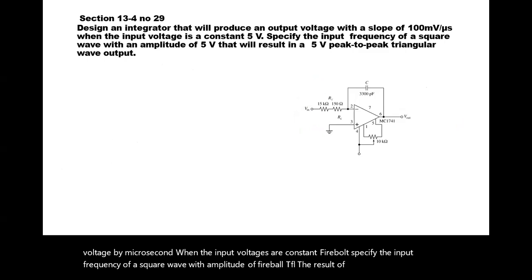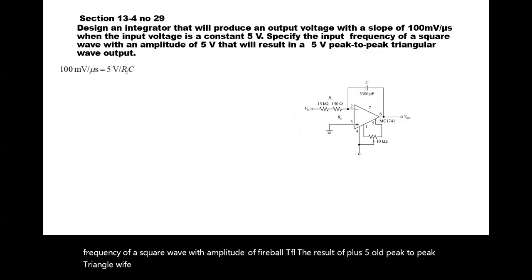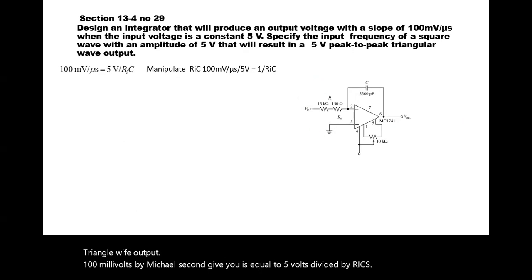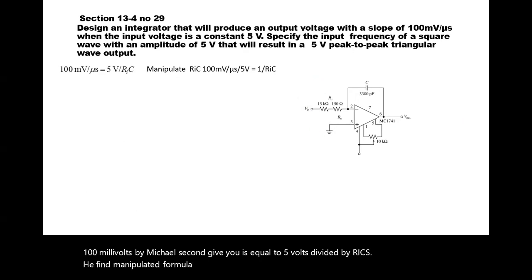Section 13.4, number 29. The question: design an integrator that will produce an output voltage with a slope of 100 millivolts per microsecond when the input voltage is a constant 5 volts. Specify the input frequency of a square wave with an amplitude of 5 volts that will result in a 5 volt peak-to-peak triangle wave output. 100 millivolts per microsecond is equal to 5 volts divided by RIC. If I manipulate that formula, I get